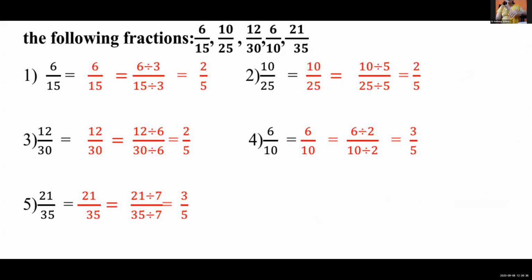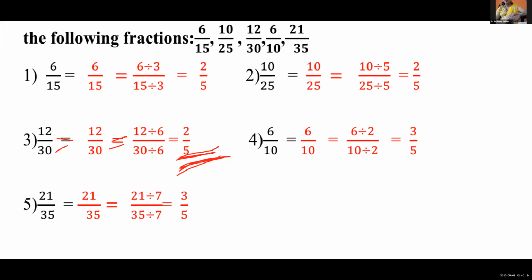Okay, we'll see the third example. Third example: 12 upon 30. Give the equal sign. Write the question: 12 upon 30 equals. We want denominator 5. Again we have to find out the table in which 30 is coming at the fifth place. Why are we saying fifth place only? Because they have given denominator 5. They specifically told us that they want denominator 5.